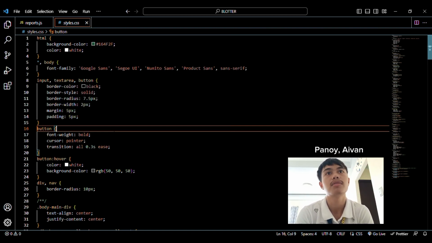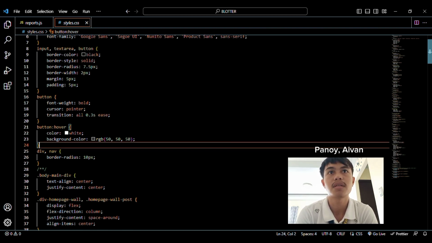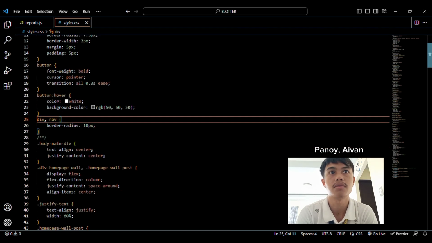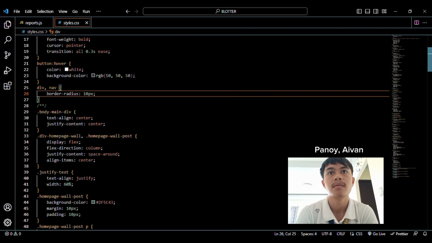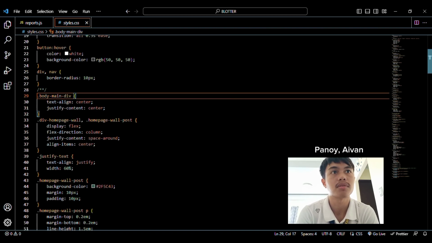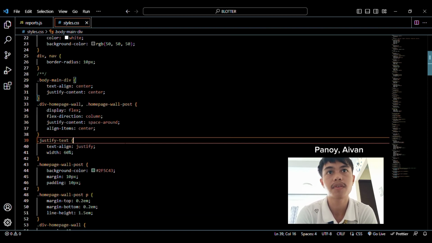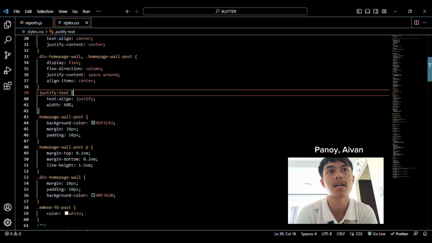The button selector sets the font weight to bold, the cursor to pointer, and defines a transition effect for all properties with a duration of 0.3 seconds. The div and nav selectors set a border radius of 10 pixels. The .body main div selector sets the text alignment to center and horizontal alignment to center. The .justify-text selector sets the text alignment to justify